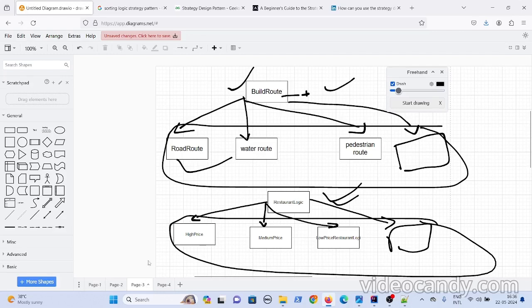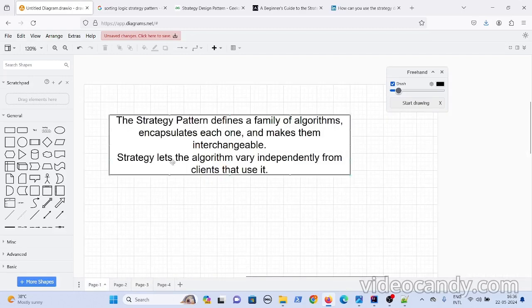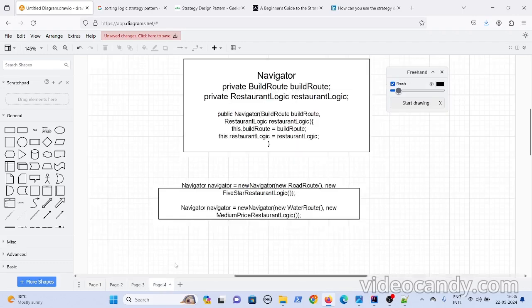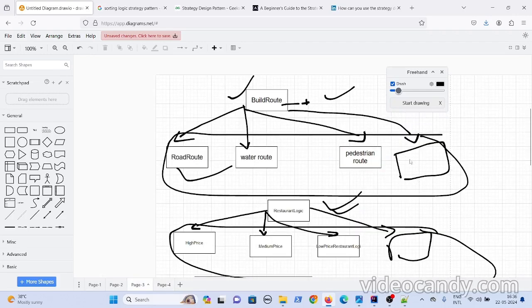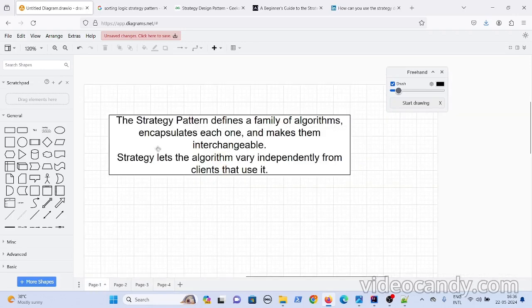Your navigator class doesn't need to be aware of these changes. That's what this tells. Strategy lets the algorithm vary independently from the clients that use it. Now the navigator is using it, but these algorithms can change independently. That's what this definition says.